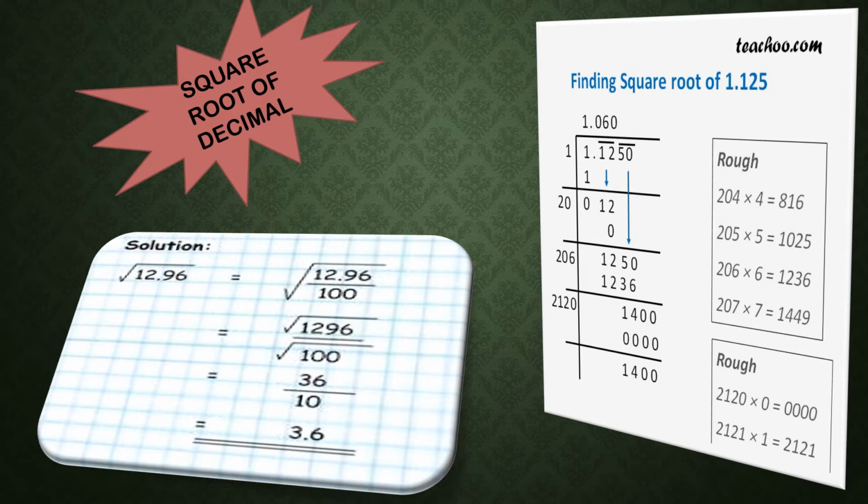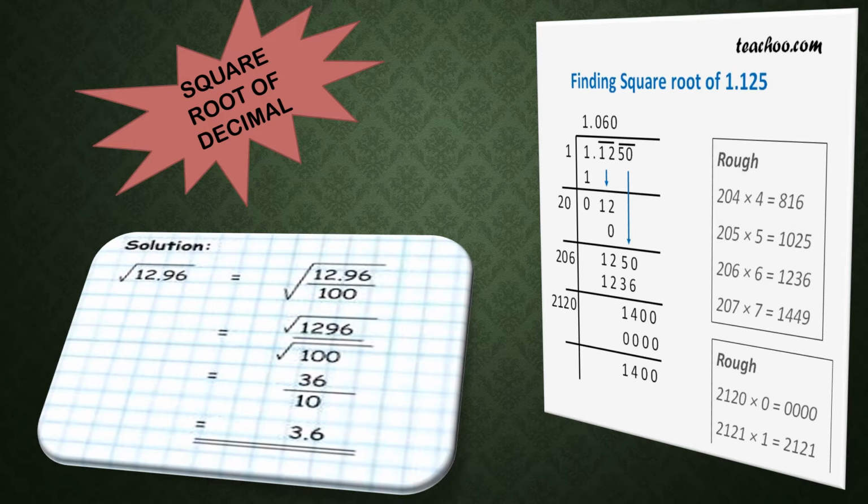Now, because this is a decimal number, you can put any number of zeros over here. Suppose 2 zeros are already there, because you have to find out till 3 decimals. So these double zeros you will write down over here. Remember that a double 0, or pair of zeros, you have to write down, because this is a square root.